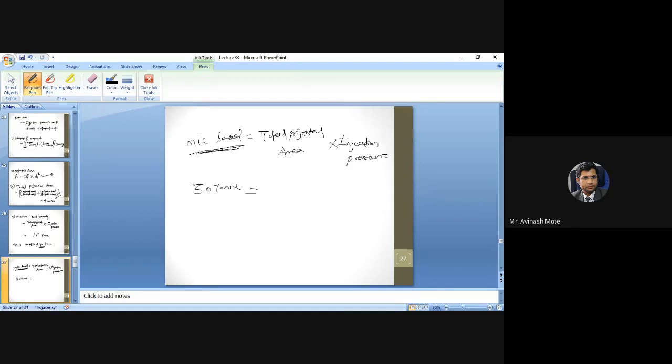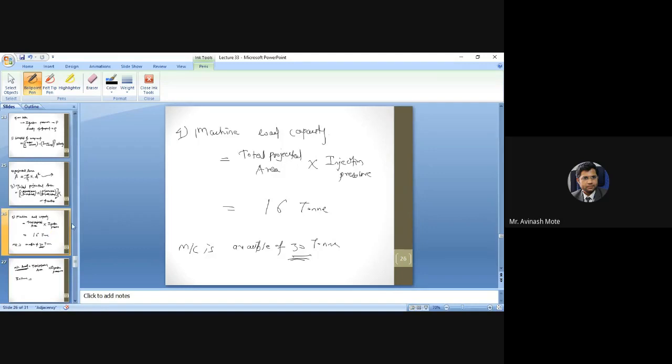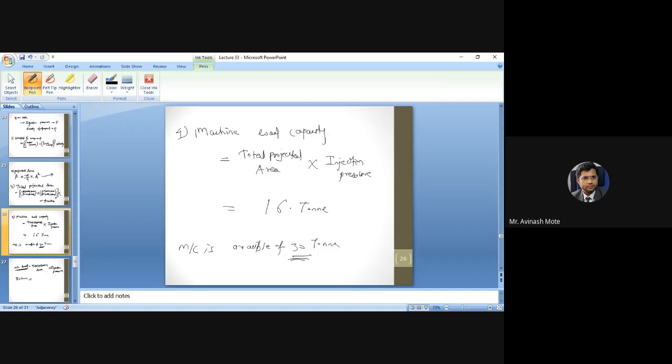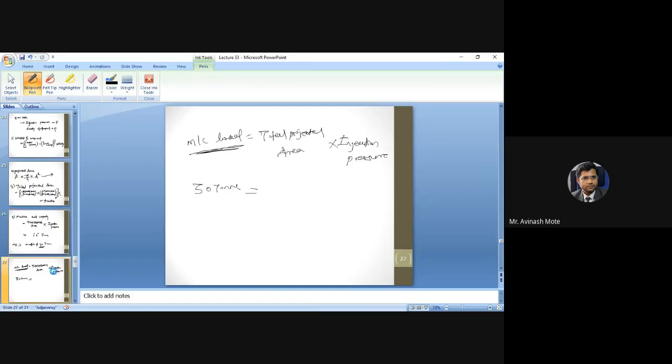So you will have to redefine the projected area now. You calculated the projected area, and based on that, you calculated the machine ton capacity also. But the available machine is with a different ton. See, if you get 29 point something or 30, no problem. It is matching with the available machine capacity, so you can go ahead. But when it is not matching,